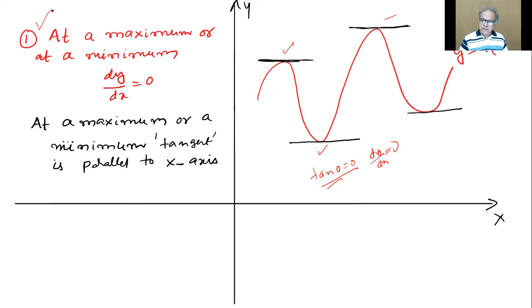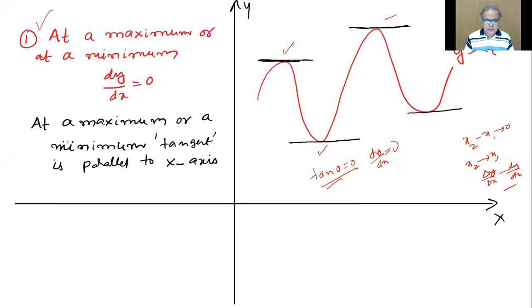Do you agree, children? And do you remember we have shown that for a curve like that, as x2 minus x1 goes to 0, or x2 approaches x1, the average rate delta y by delta x becomes dy by dx. Do we remember that statement? Because we have done a lot of mathematics, calculations in the middle, but don't forget the physical meaning of it.